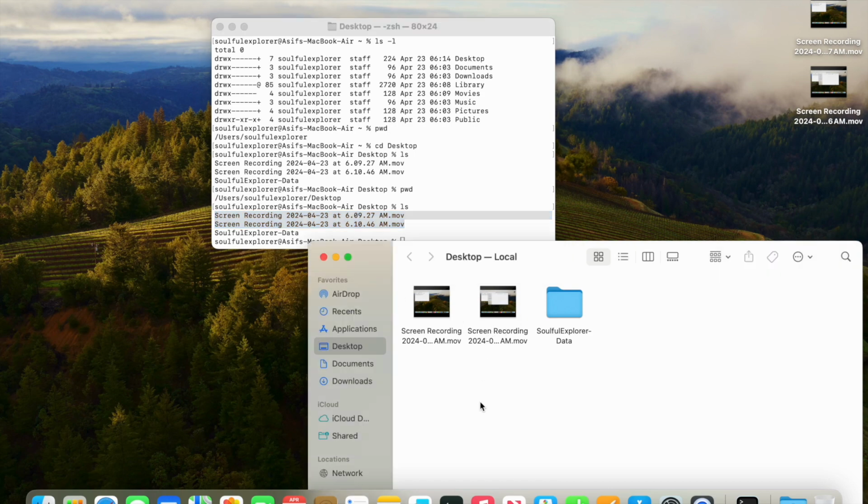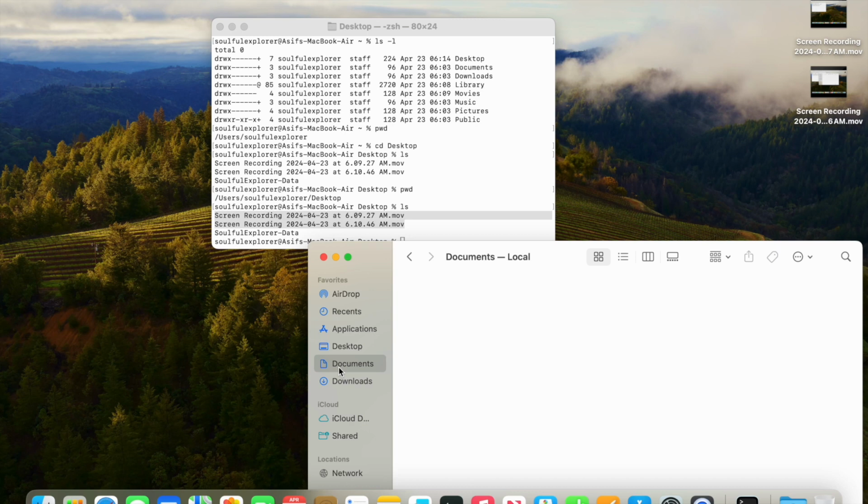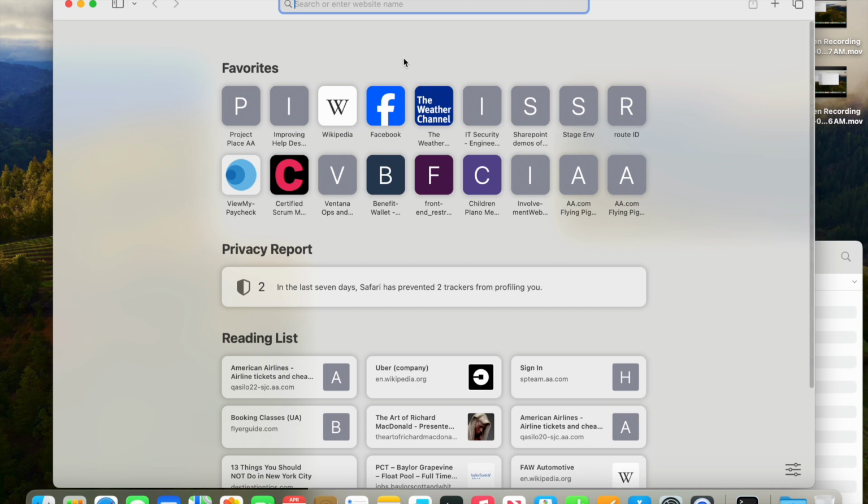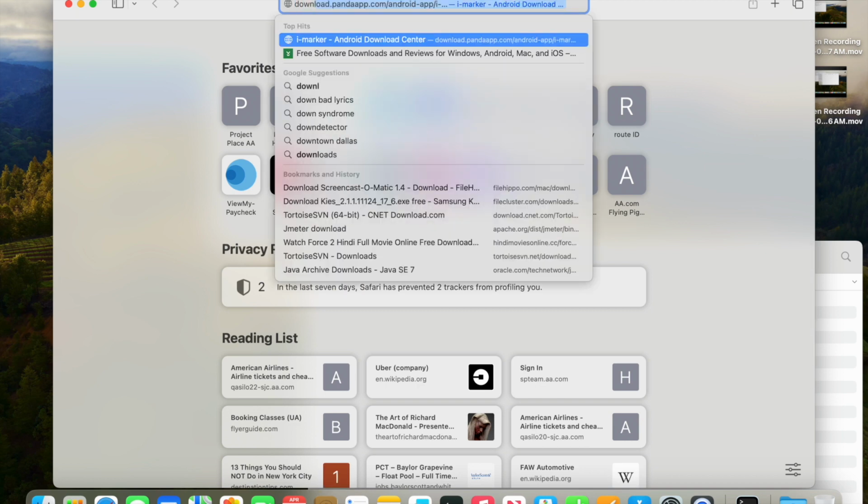Now if I put any data here, if I save any text file here, let me save one text file here, right? How do I save a text file? I can create a text file in any document, right? Or I can copy from some other folder. So let's copy from the, or let's download something from the internet, right? So I can say download,